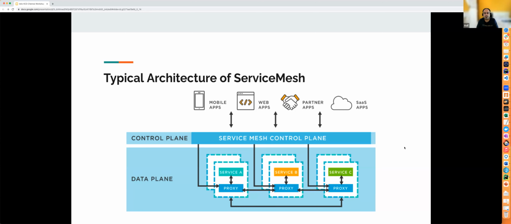With this, we just segregate the users so that if any policy needs to be applied, those policies should not directly interact with service A, service B, or service C. The validation of the policies and everything happens on the control plane itself. Once everything is validated and put into a particular structure, those policies are pushed down to the proxies. So with this, the reliability and the segregation of the policies happens.